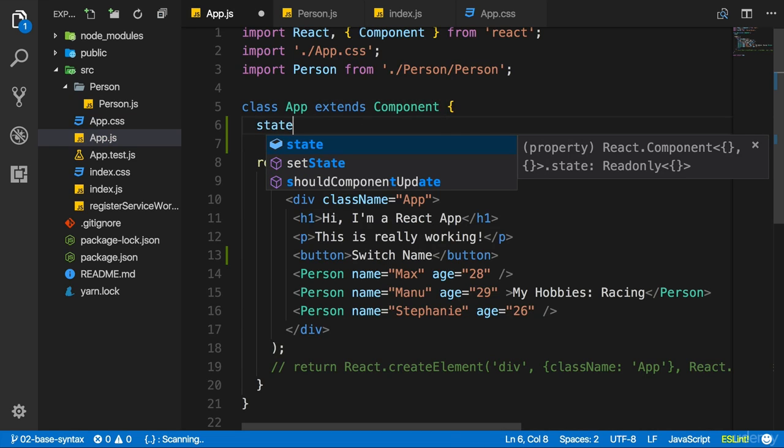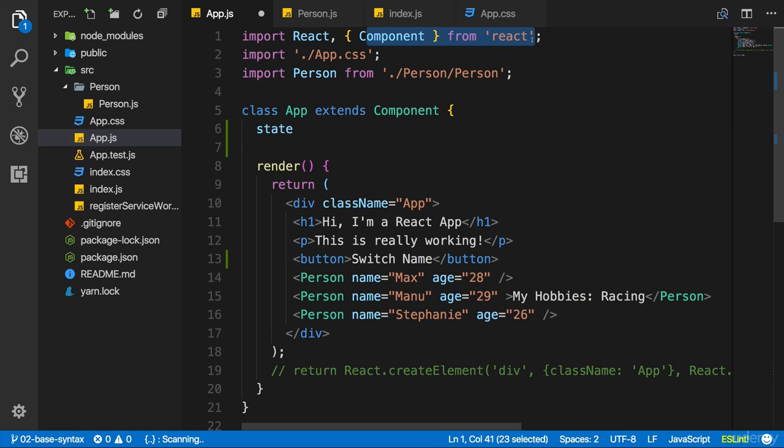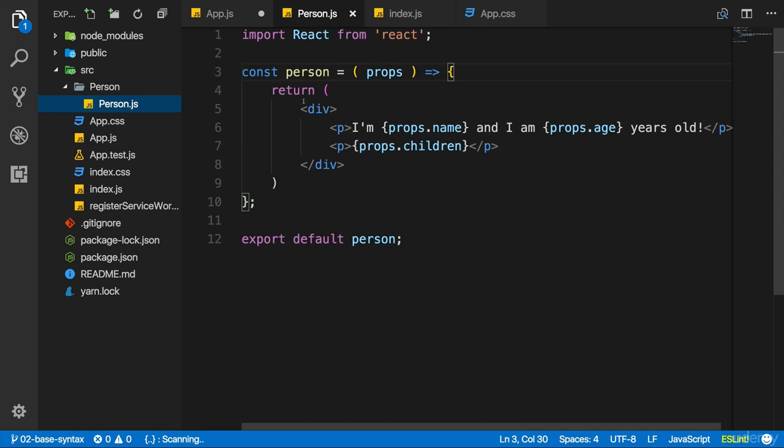There we can define a special property named state. Whereas props are set and passed from outside, like name and age into the person component, state is managed from inside a component. And state is only available in components which are created by extending component, which is imported from React. It's not available in function components.